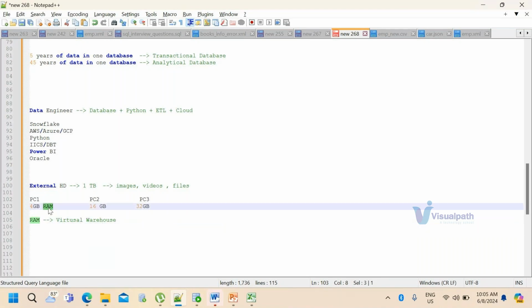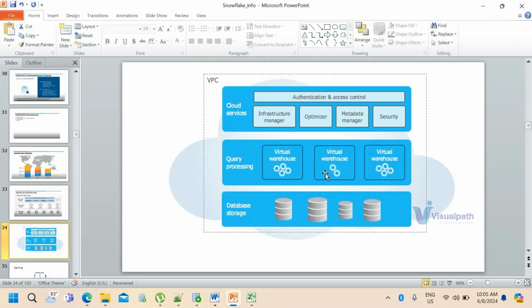So we have three different virtual warehouses. Let's assume one is with 4 GB, the other one is with 16 GB, and the other one is with 32 GB. So if I want to retrieve the data from this database, I require the help of a virtual warehouse.